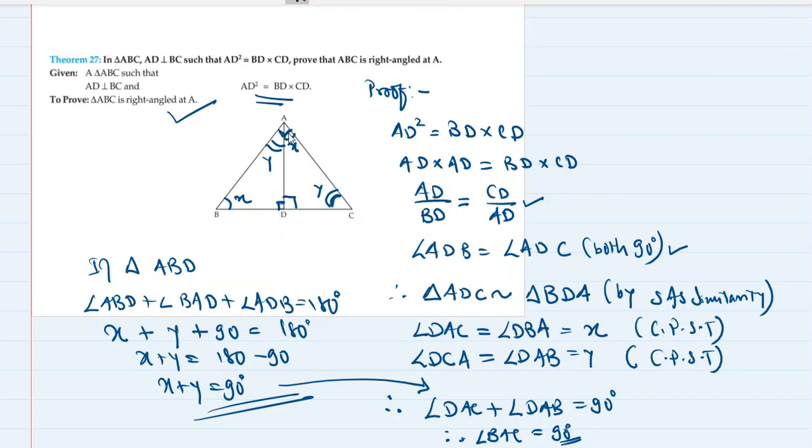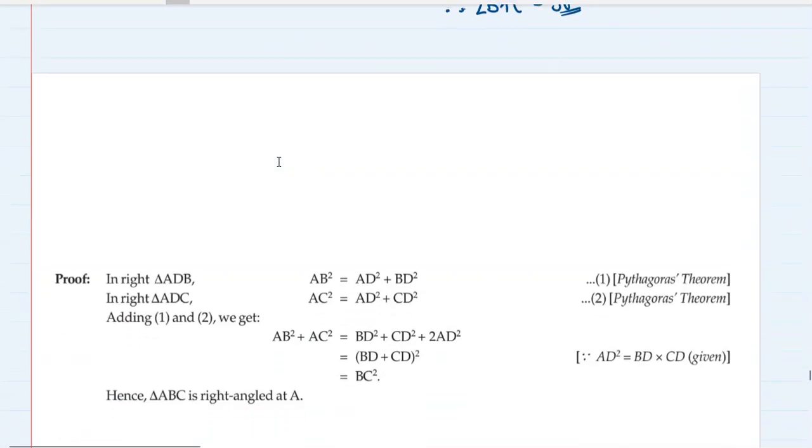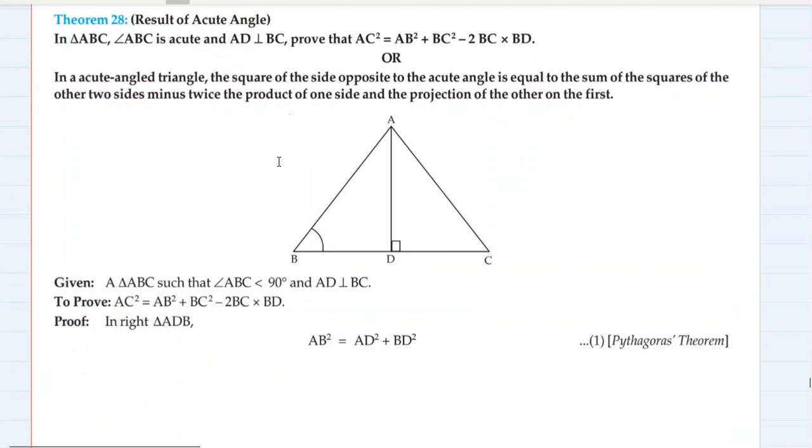Remember the technique which we have used. This can get a little tricky, okay, because there are hidden clues which you need to unravel. It is not just given to you openly. You need to apply a lot of logic. Otherwise, you cannot prove it, and you definitely cannot memorize these kind of proofs. And if you don't know these kind of proofs, then the exercise will be extremely tough on you. So you have to get your hands on these kind of proofs. Okay, let's go ahead. Next theorem is in front of you.